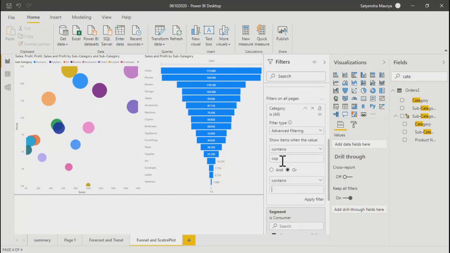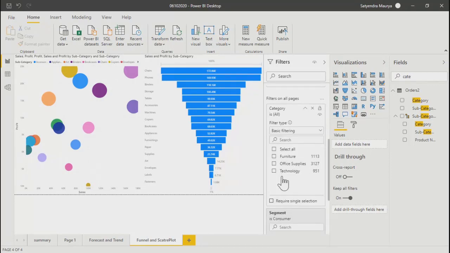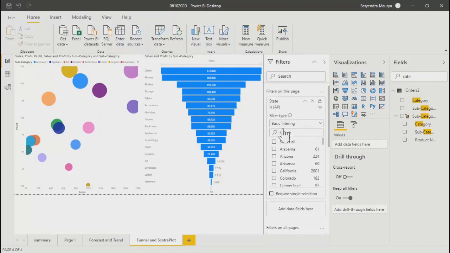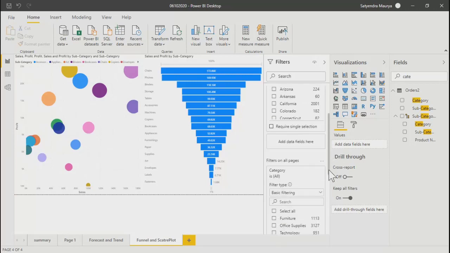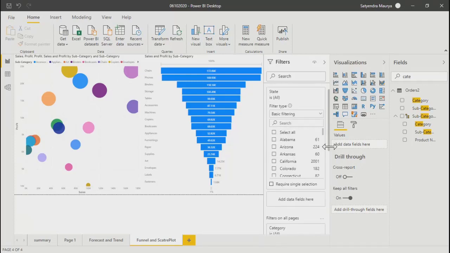It's a category. There would be only three fields. What fields we have? We have furniture, office supplies, and technology. Only these three values are there. Out of this, we need to give the wildcard. Let's not do it here. I'll select the wildcard over here. You're understanding, right, why I'm doing it? Actually, there are only three values. Out of these, I can do wildcard here also. That's not a challenge, but I want to see more options. That's why.